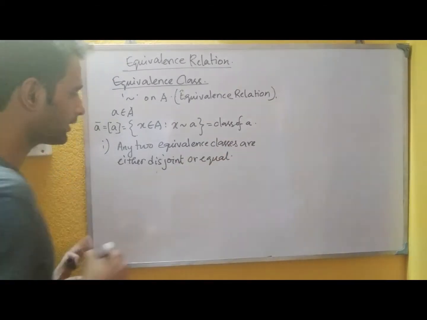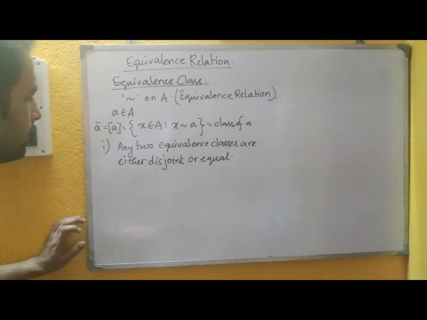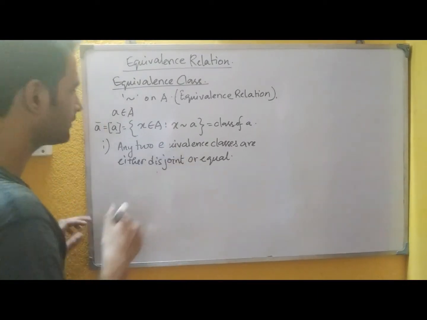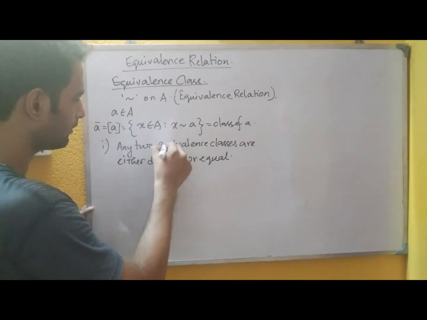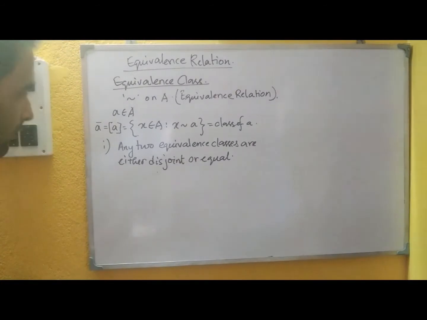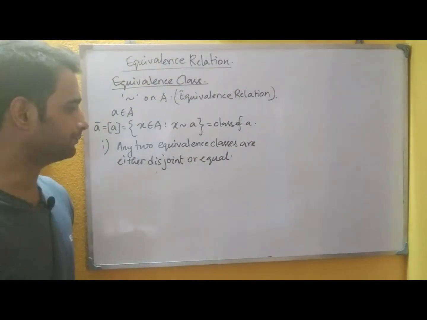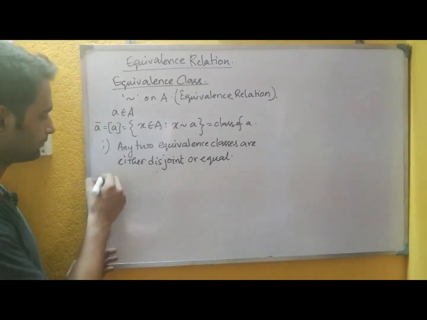A very important observation that any two equivalence classes for an equivalence relation will be either disjoint or equal. Number two,